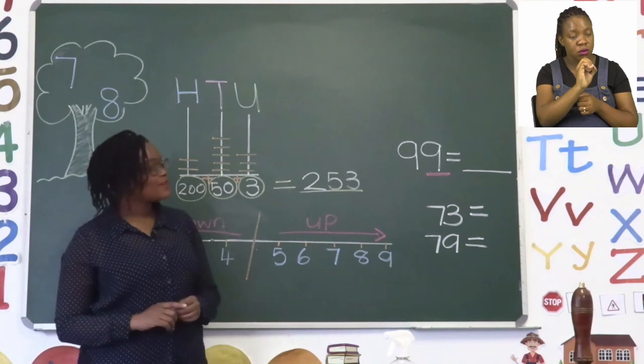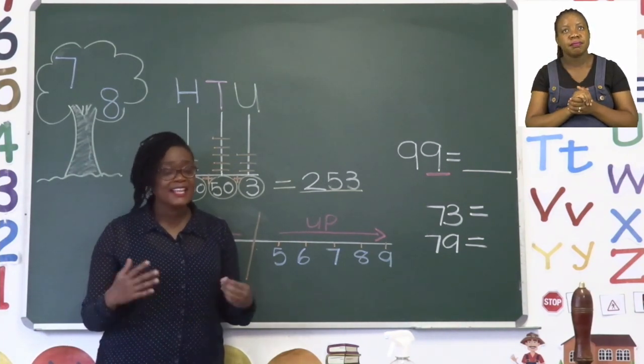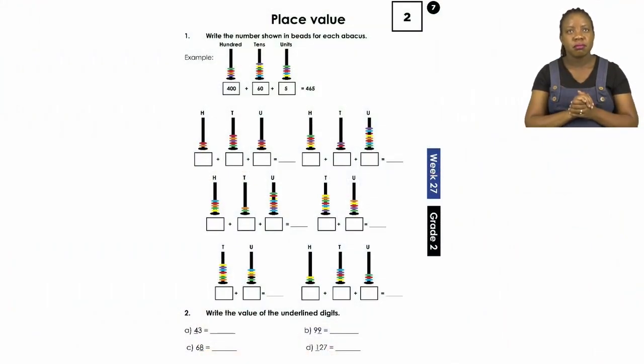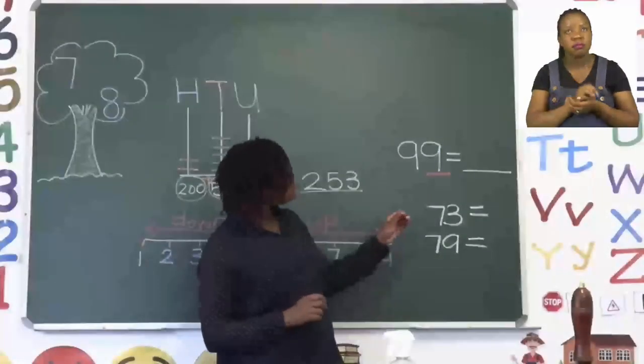Then, when you are done with that part of the exercise, we move to the bottom. Now, they want you to do something slightly different. This time, you are going to find the value of the underlined digit. We're going to do the last one together. Now, the number says